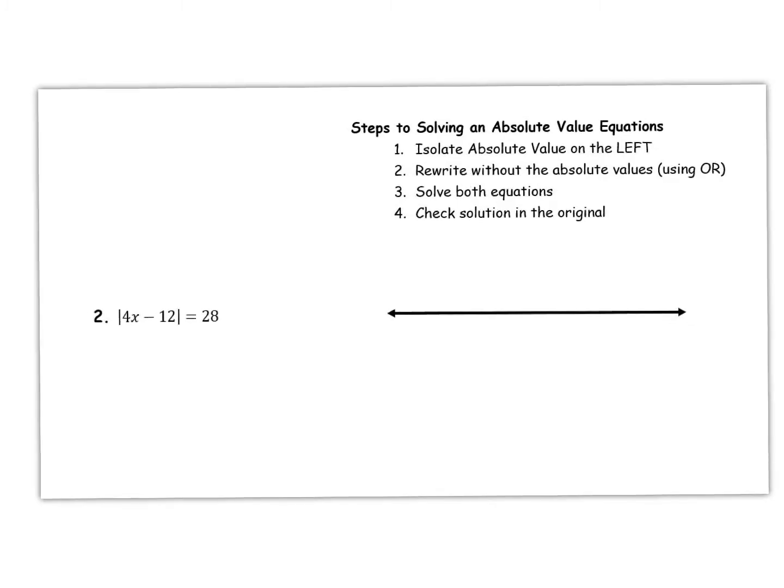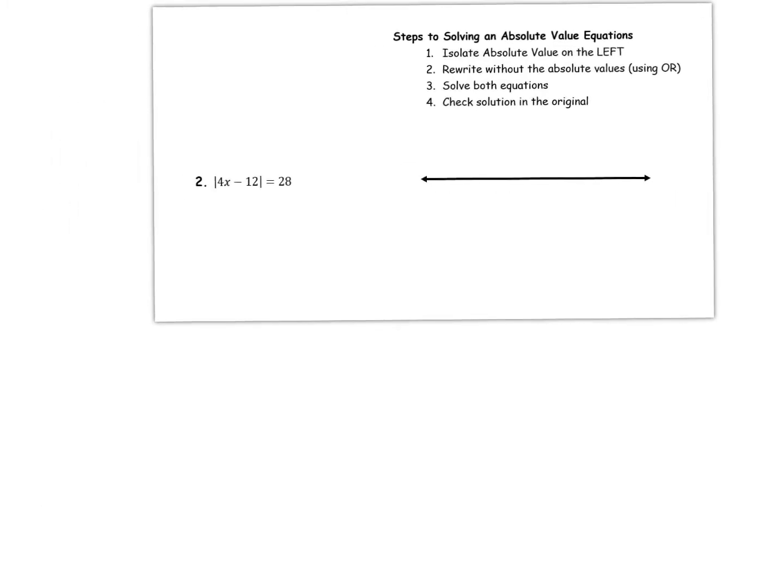All right, I'm going to shrink this down a little bit so we've got room to work. All right, so here we go. Step number 1 says we're going to isolate the variable to the left. We're on the left and it's alone, so we're good. Step 2 then says we're going to rewrite the equation with an OR. We're going to do the dark side of the problem, as I call it. So the absolute value of 4x minus 12 is equal to 28,